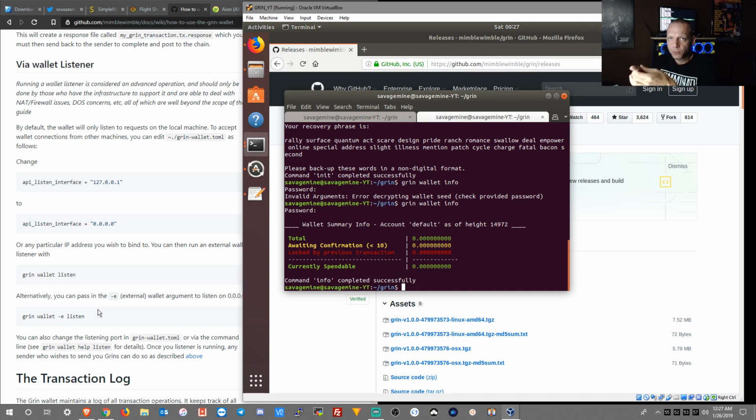But there is one pool, I can't remember which one it is, that has the HTTP method enabled. So you would be able to go to the pool and tell it to send it via HTTP, which is kind of cool. But you have to have the wallet in a listen mode in order to do that, right? Because all we've done here is create a wallet, but it's not really doing anything. So that's actually a good point, because if we go in here and type in,